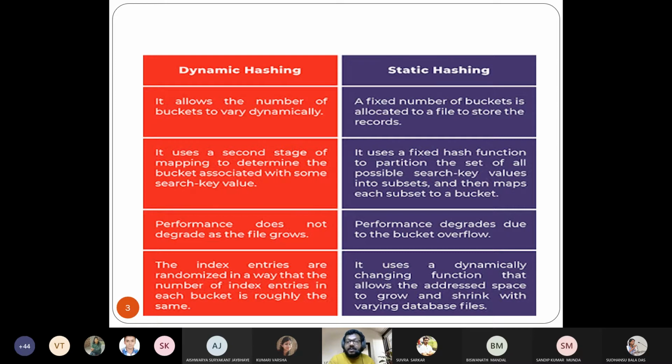It uses a fixed hash function. Got it? So here, if you are not able to store a key or not able to accommodate a particular key value, there is a second stage mapping. But here the hash function is fixed, then we take the help of a collision resolution technique to resolve the problem. Okay, so third point, the performance does not degrade as the file grows, because the searching time is